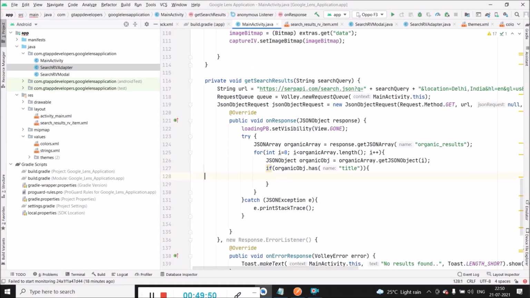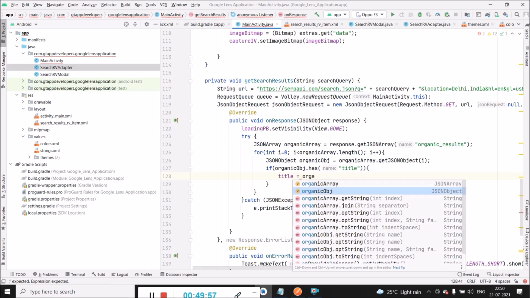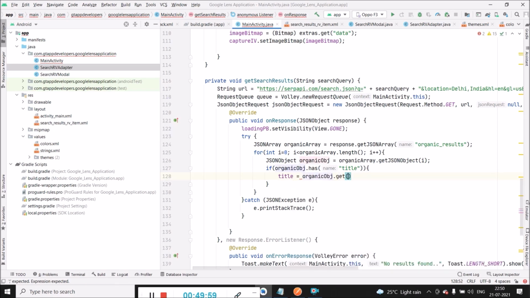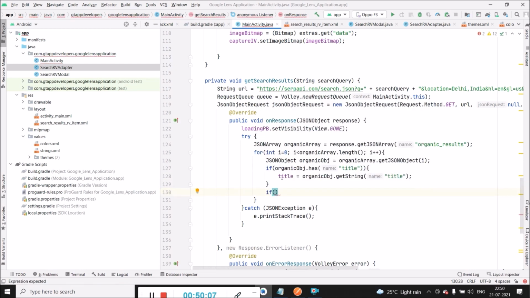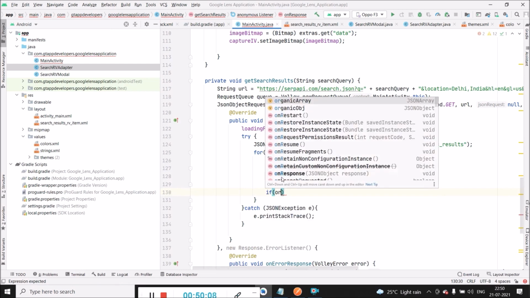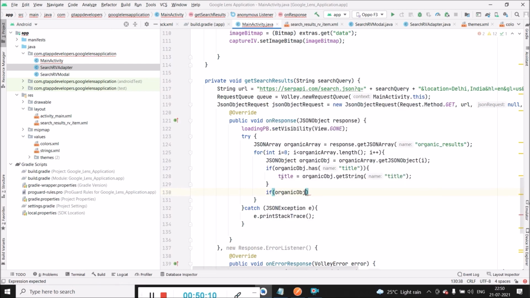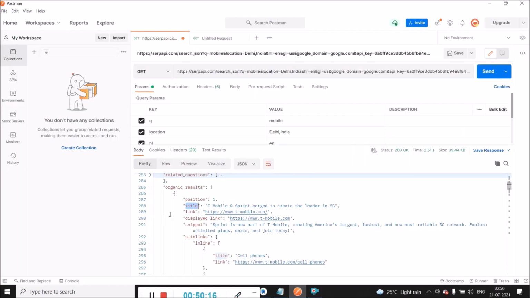Now inside this method we will be adding this to our title. Similarly, we will be adding the validation for all others as well. Organic object dot has. Now in case of title we will be using link.